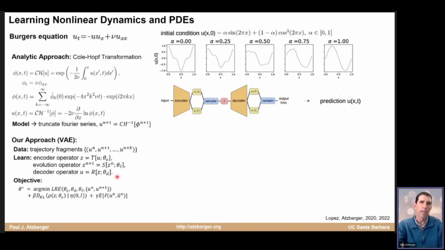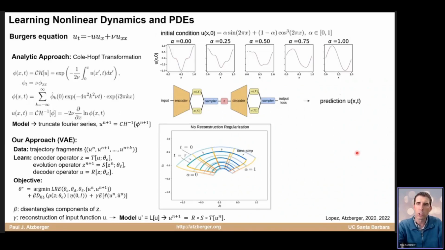So we minimize the loss that I showed you on the previous slide. If I did not have that reconstruction loss, if we just did a standard variational autoencoder without really taking the dynamics into account, what you would have is a latent representation that looks like this. In the orange direction, I'm showing time, and the blue colors are showing as I go from alpha 0 up to alpha 1. And so you get these semicircular arcs for the family of functions,